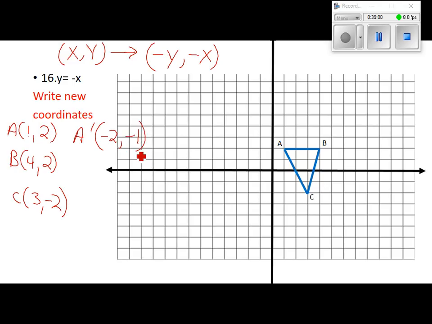-2, -1. Should you be able to do B prime and C prime and then graph it? -2, -4. +2, -3. Now, as you're getting ready to graph these, what I'm going to tell you, that last line, we